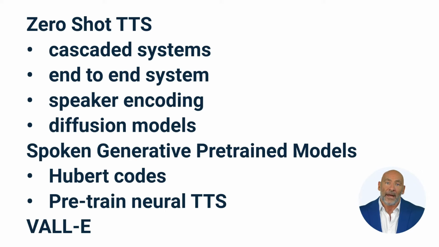Text-to-speech, TTS, systems are what allow computers to convert written text into spoken words. They can be broadly divided into two types: cascaded and end-to-end. Cascaded systems use a two-step process where an acoustic model and a device called a vocoder are used to convert the text to speech. End-to-end models, on the other hand, combine these steps into one.